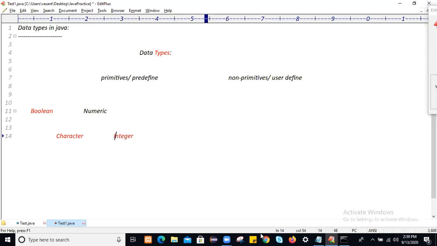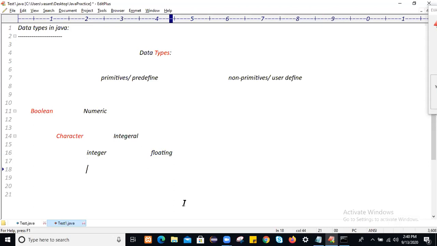So again guys, this integer type again differs into two types. One is integral type. This integral type again differs into two types, integer type and floating type. What are the integer type data types we have?